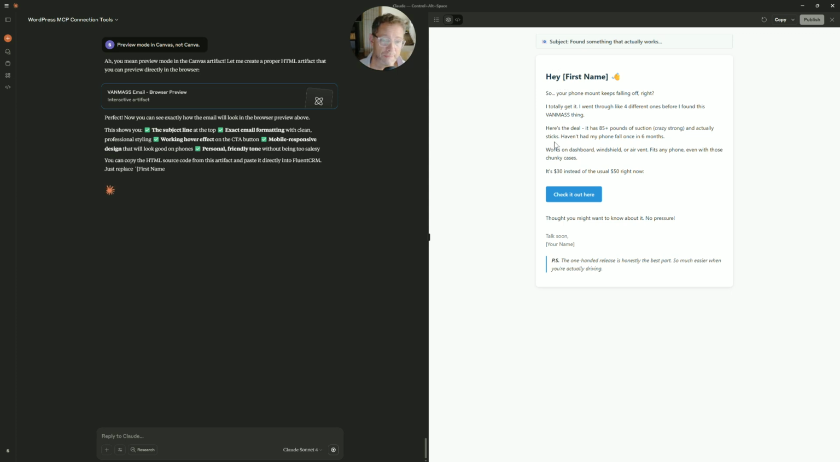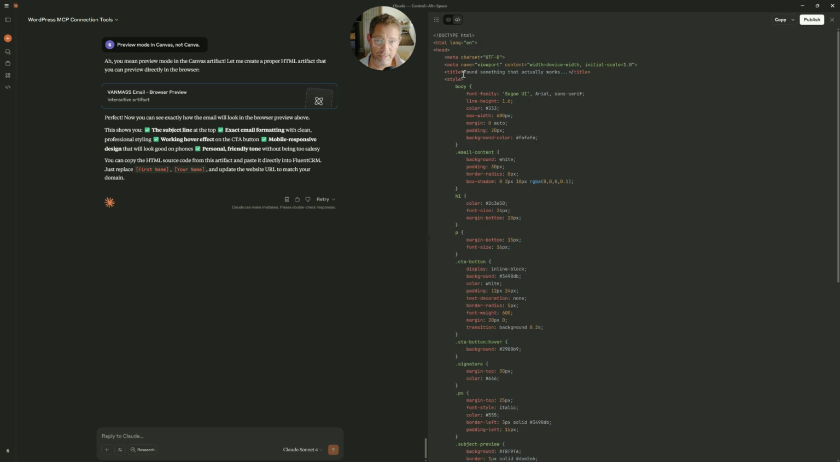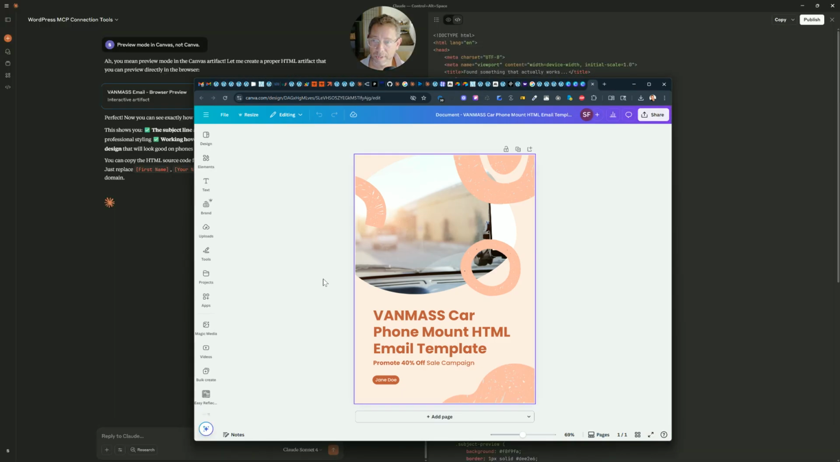This is kind of like what it might look like if I pasted it into Fluent CRM, which is awesome, right? So all you would do here is literally take the whole thing. You don't have to futz around with it, which is awesome. And when I fix this tool, this will do it automatically. And then I would go back over here